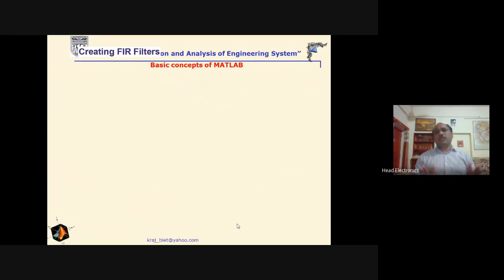And due to this finite word length, what will happen? The finite word length effect will take place, and it means the coefficients will be quantized, meaning their values will be changed. Coefficients will be changed, input data will be changed, previous output data will be changed. So if we use this concept in our algorithm, then the partial product as well as the sum and the final product and the final output will be changed.